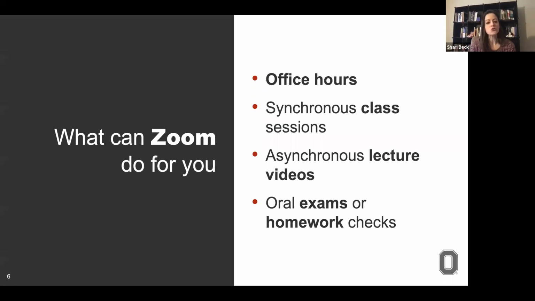So what can you use Zoom for? If you're not really familiar with it, it's just a virtual meeting space where you can set up meetings to connect with your students in real time, or again, you can use it to record lectures. So you might hold office hours through Zoom to allow your students to connect with you. You can hold synchronous class sessions, and we'll get into that a little bit more later. So if you want those class sessions to take the place of an in-person class session, for example, you can